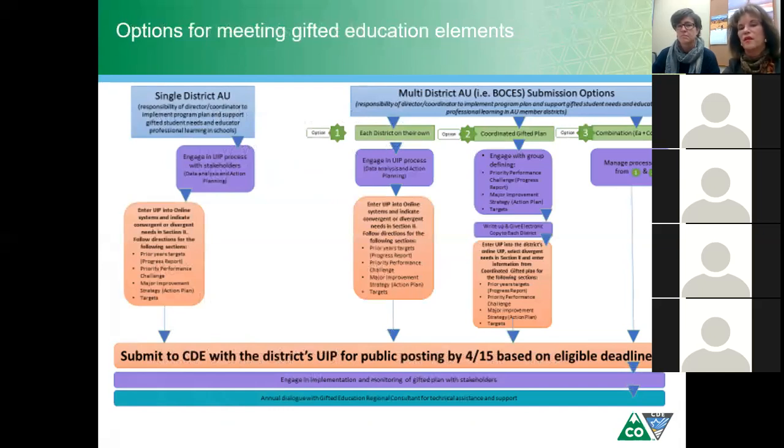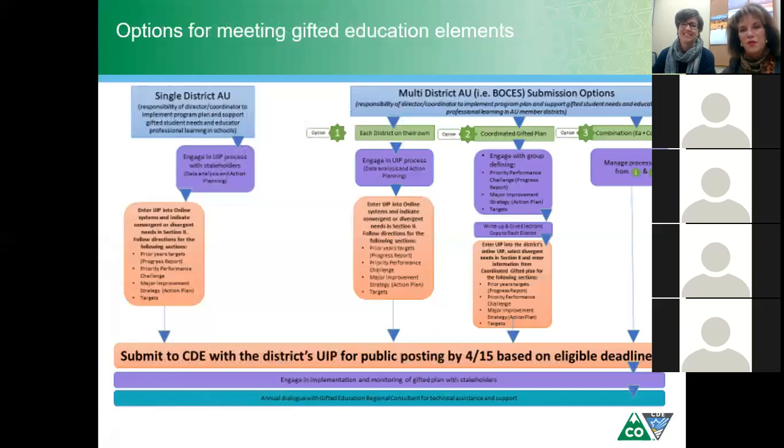Their action plan typically will have shared professional development. They might do some observations. They might share the same tool that they're using to measure student performance. So that's called coordinated. And the following year, they'd come together and ask, what's our progress report on that? And they continue in that manner.